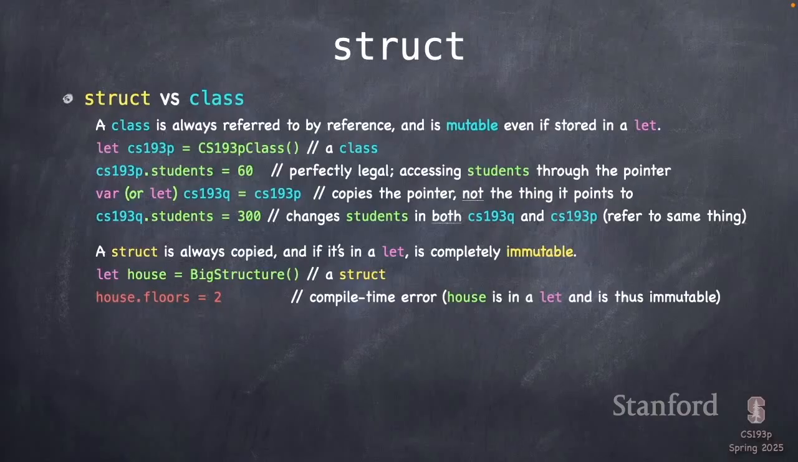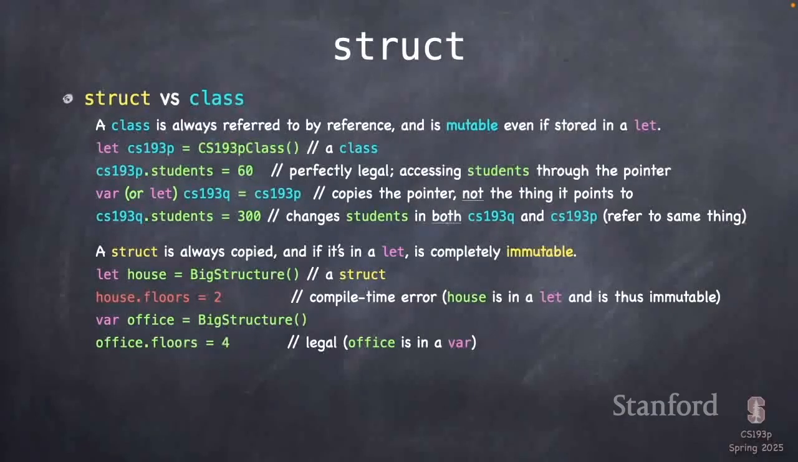So here, if I have let house equal big structure, let's say that's a struct, then I say house.floors equals 2, it will actually not even compile if I put it in a let. See, I let house equal that, house.floors equals 2, because let is not mutable. Now, if I said var office equals big structure, then I can say office.floors equals 4 because it's in a